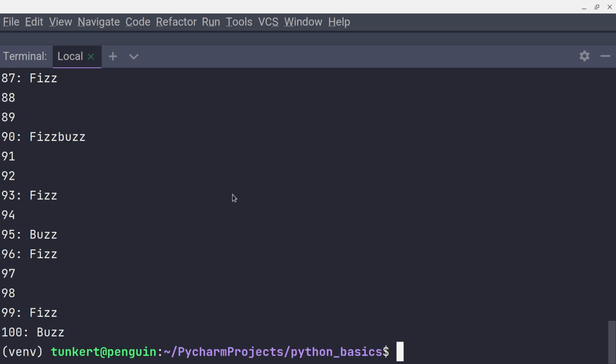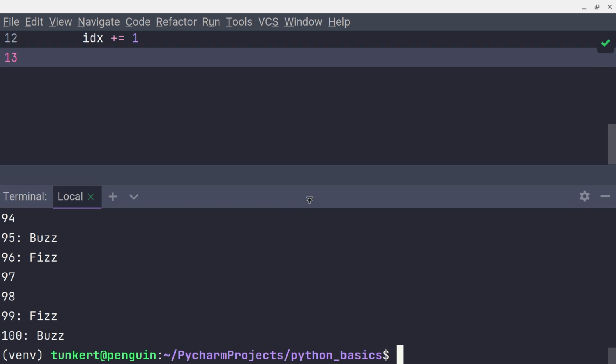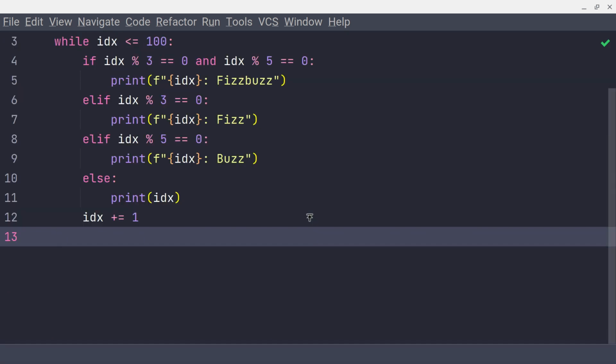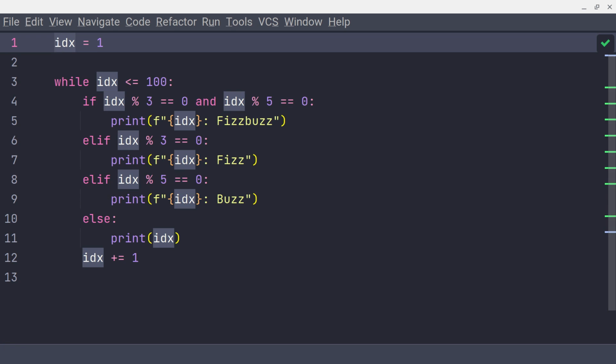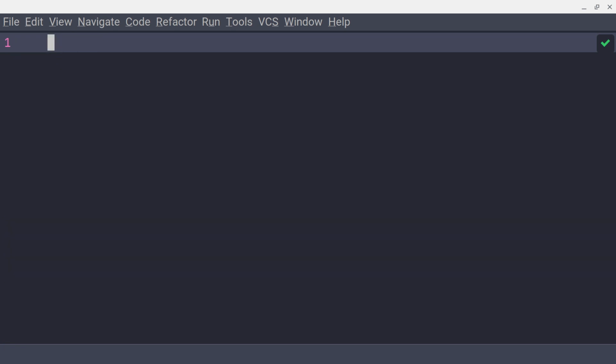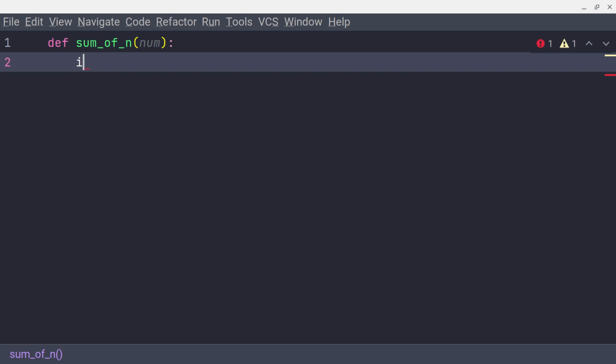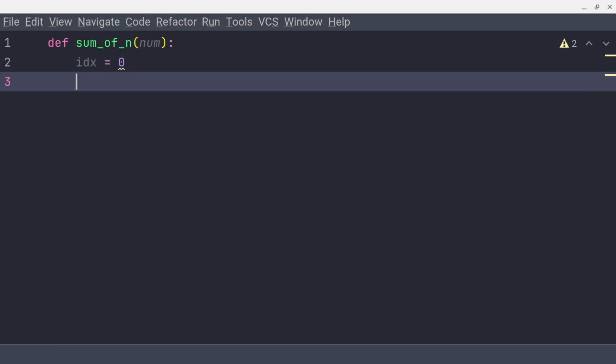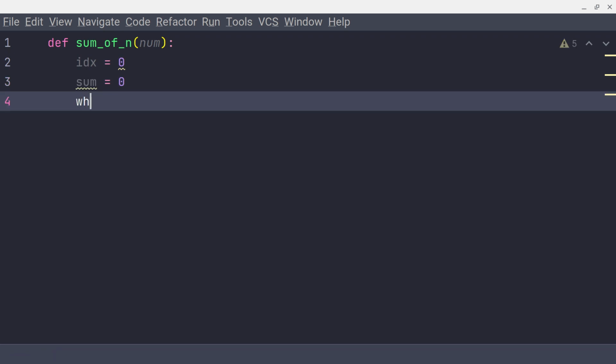Cool. All right, so let's close this out. Now we could also create a function to find the sum of the first n natural numbers. So let's do that. We go up here, delete everything, and create a function sum_of_n. We'll take in a number, and we'll have an index equal to 0, and a sum equal to 0, and we'll say while